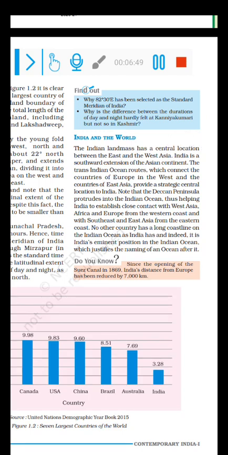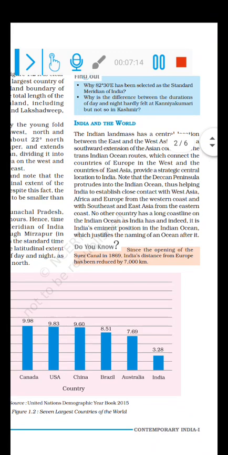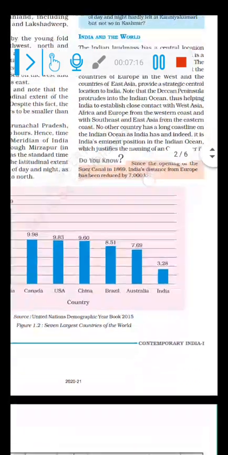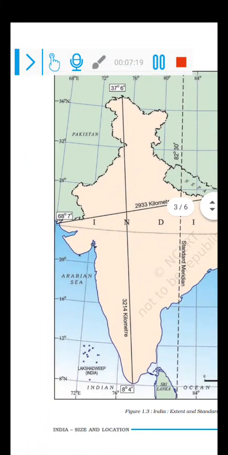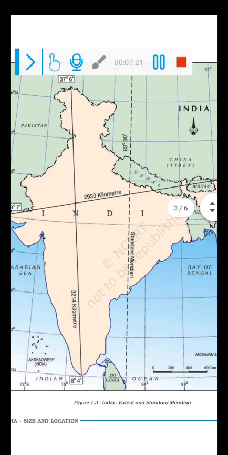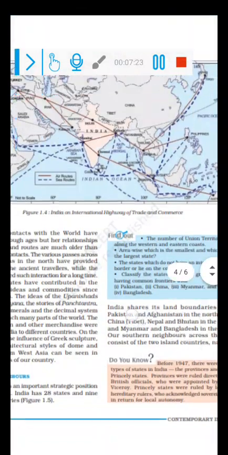Then we come to the relationship of India with the world. Now India is centrally located. It has got land boundaries as well as sea boundaries. India is a southward extension of the Asian continent. So it lies in Asia, in South Asia, and it is centrally located. It also has an advantage of the Indian Ocean. Because the Indian Ocean lies in the southern region of India, India is connected to other countries of the western region of Europe and Africa, as well as Australia. So we can easily reach these countries.